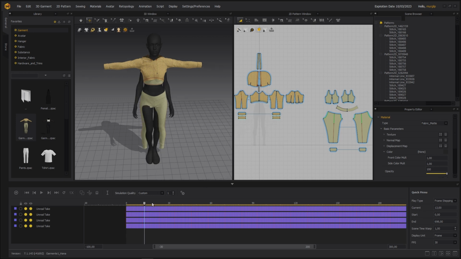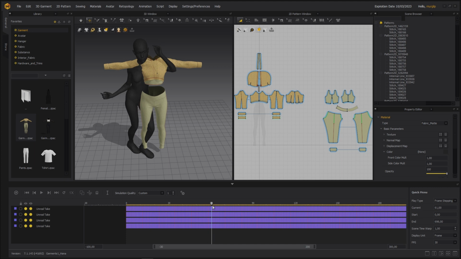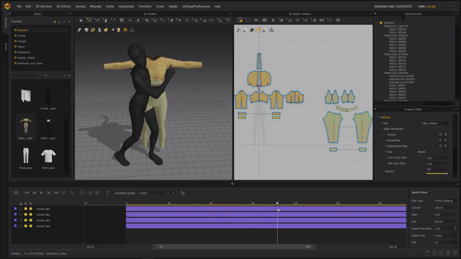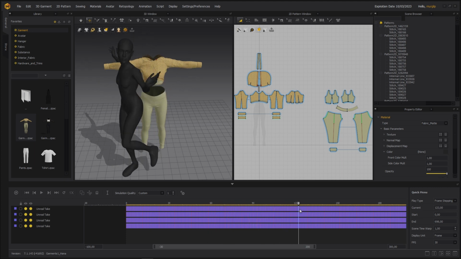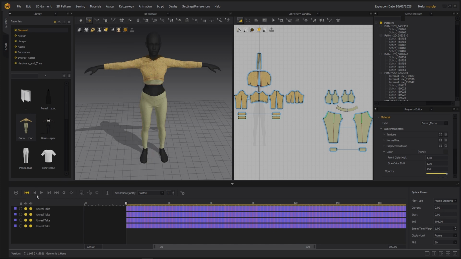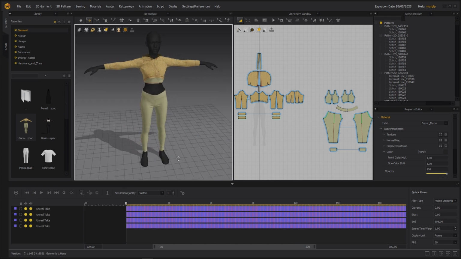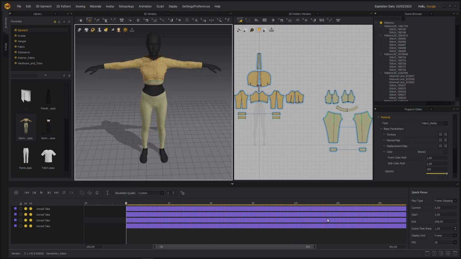Okay, now we have our entire body in here with the feet, the head, and the body. Now it's time to start simulating. Before we do that, we just want to check the frame rate. Here's the frames per second. Make sure it's on 30 or whatever frames you used.